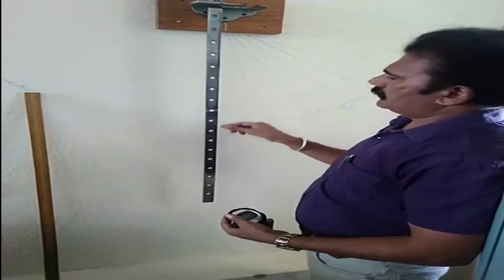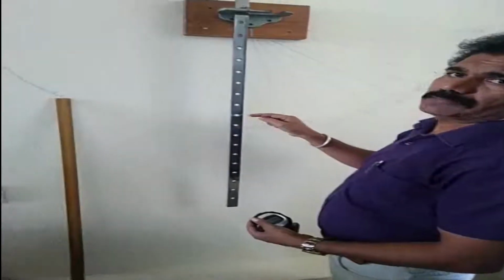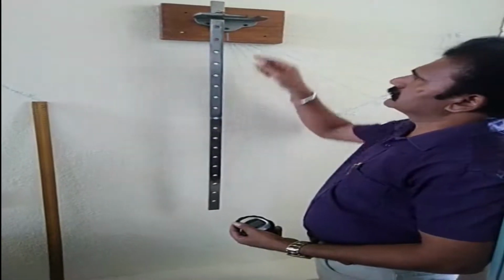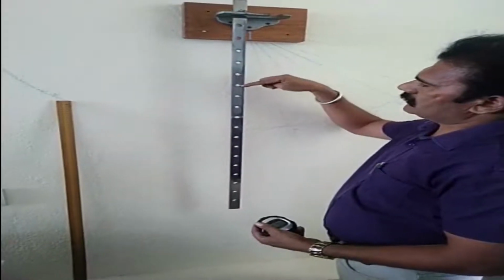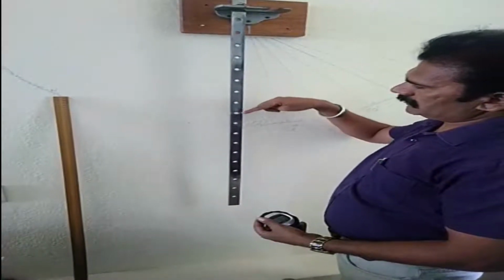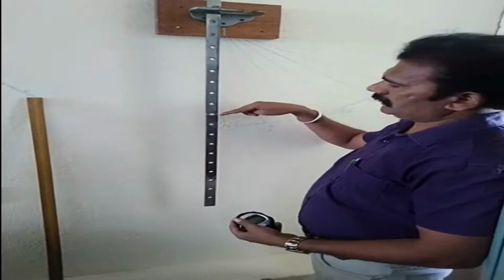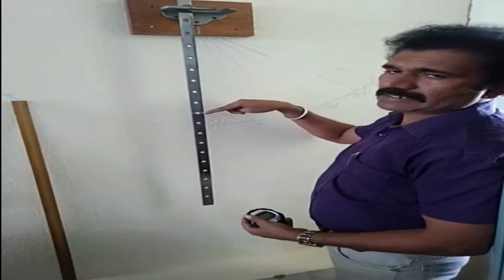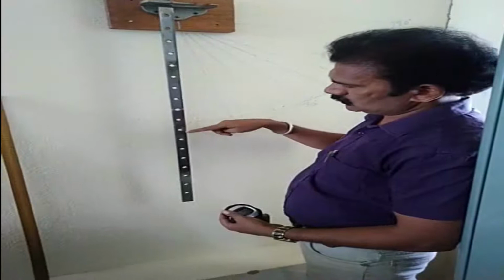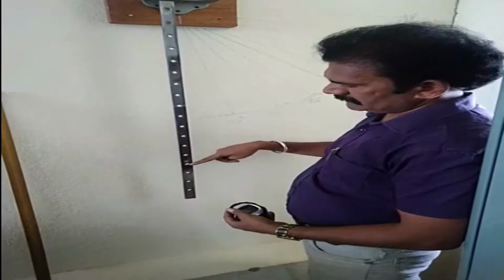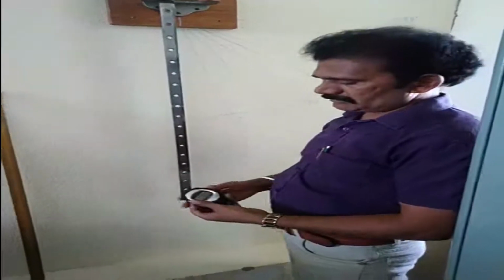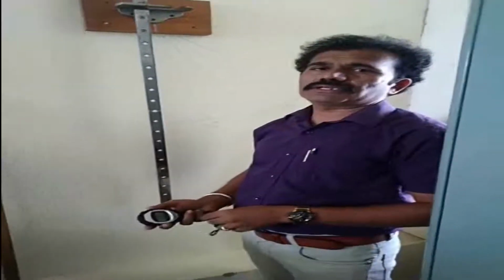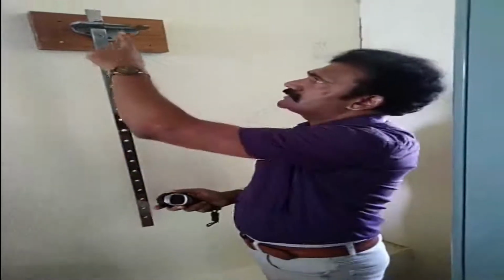So we have a certain number of holes on the bar pendulum. We can count the number of holes like this. So 1, 2, 3, 4, 5, 6, 7, 8, 9, and the 10th one is the middle one. Okay. That other side also we should have 9 holes. That is 1, 2, 3, 4, 5, 6, 7, 8, 9. So in the experiment, we need to take the time taken for 10 oscillations for each hole here.